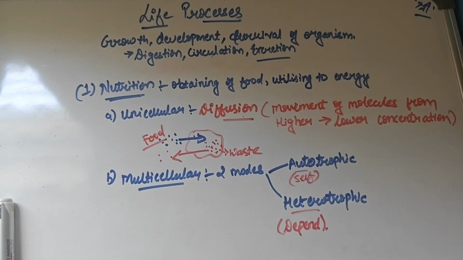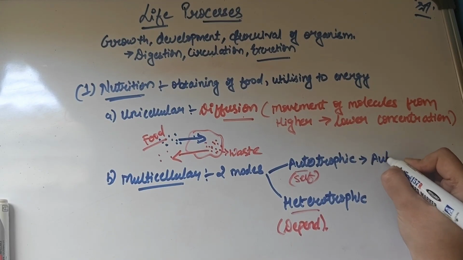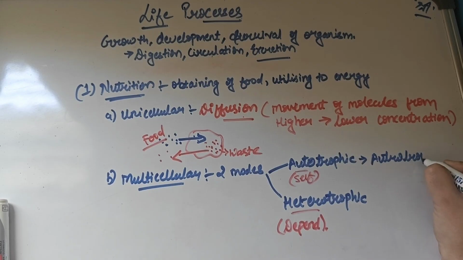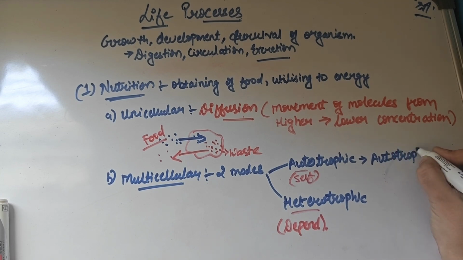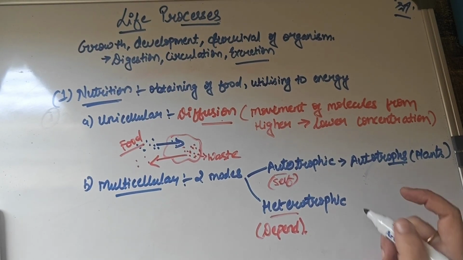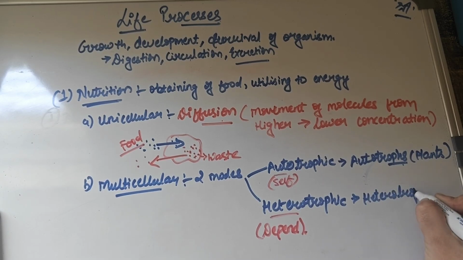So I hope you all know from grade 10 which organisms can make their own food. Organisms like plants can make their own food. And what are they then known as? They are known as autotrophs. What do we mean by autotroph? The organisms which can make their own food, like plants, are known as autotrophs. They make their own food and won't depend on anyone else for food. And what are heterotrophs then? Heterotrophs are organisms which depend on someone else for food, like humans. We can't make our own food. We need to eat our food and then get energy.